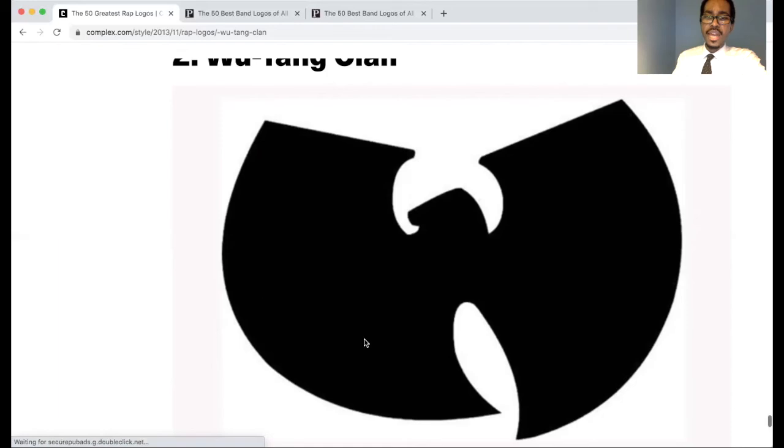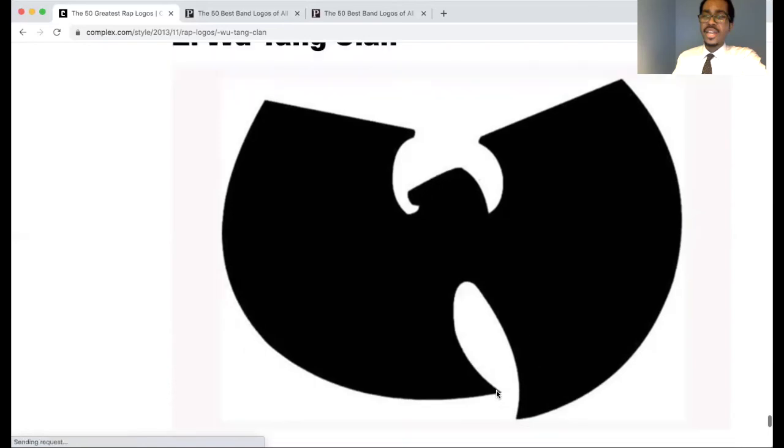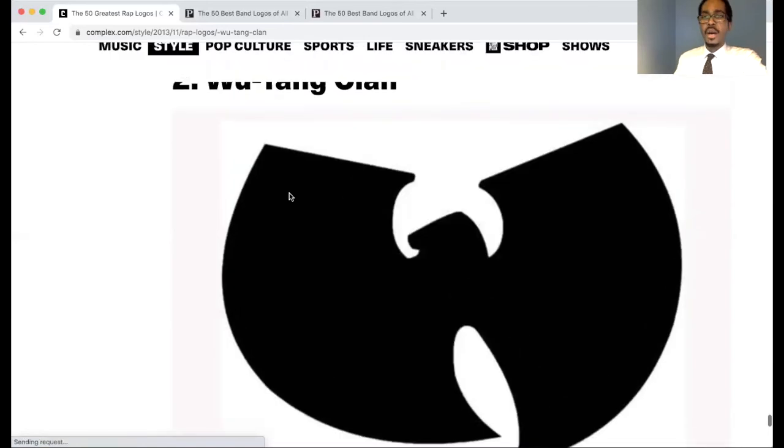when I look back, it almost reminds me of a bird. Like these being the wings on the outside and this being the bird's head in the middle. Again, seeing multiple images within one logo helps make it memorable. And we see some sharp edges here, like it was very intentionally crafted, intentionally carved. We also see,